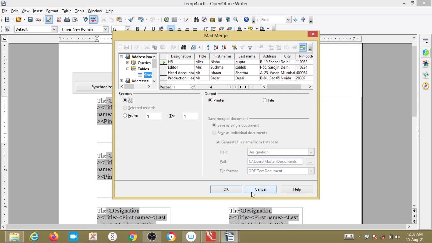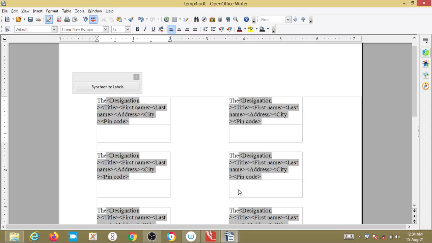Okay, then in the output you can select the printer. If you have the printer, directly you can select the printer option, or you can save it to a file. Okay, before giving to the printer, you can give a print to file, or just give the printer name and press OK.